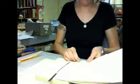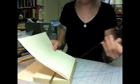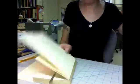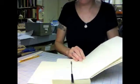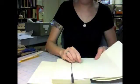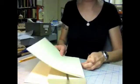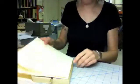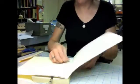Now I'm going to go back out through the very bottom hole and into the second hole in the text block. So now I've come back into my signature. Now I go back out through the third hole. So all of my stitching at this point inside the text block will sit between the original stitching of the